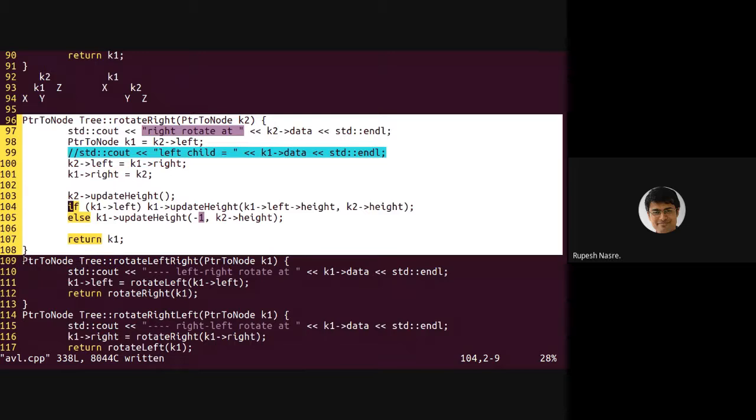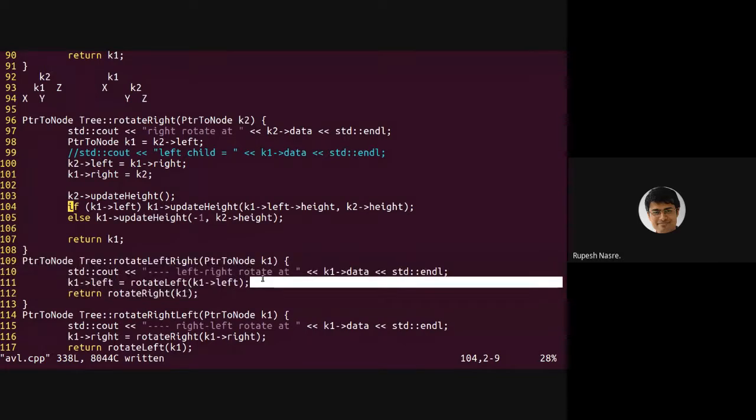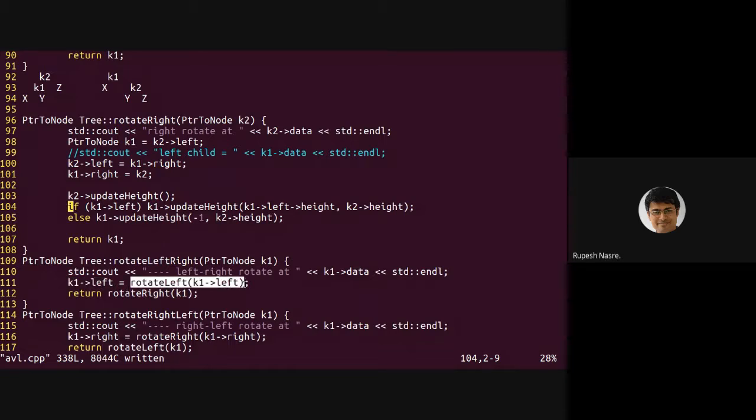Okay, so let's look at rotate left right as one option, and it's actually rather simple. You just make 2 calls. So that rotate left right was happening at K1. So I'm calling that root node K1. I do a left rotate on the left subtree. Right? So that just calls rotate left on the left subtree, and the root might change, and therefore I need to update K1 arrow left. Once I have done that, then I need to do a right rotate at K1, and whatever is its new root, that should get written. Right? So that way left and right rotations are relatively simple.